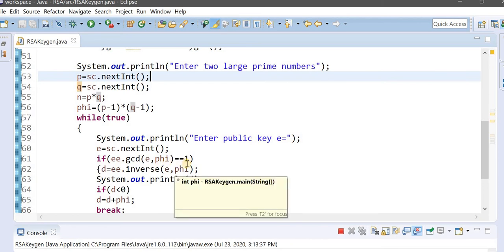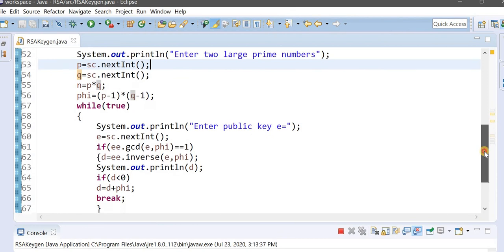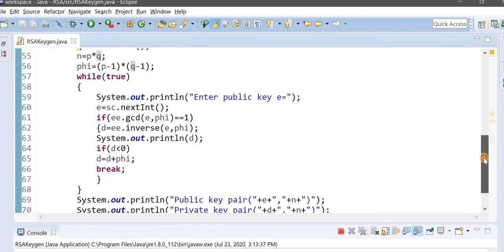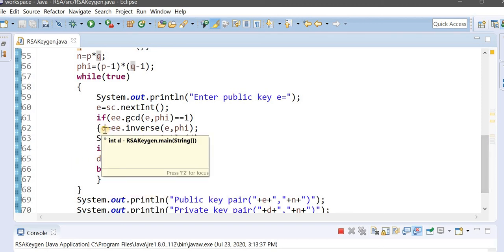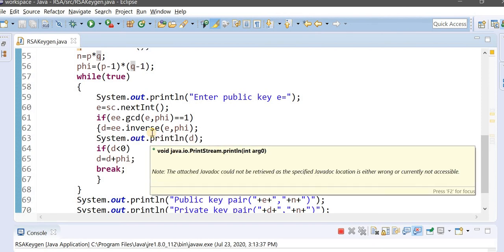Otherwise, it asks again to enter the public key E. If the entered public key is relatively prime to Phi, then you have to calculate the inverse of E. So you have to call the function of the extended Euclidean algorithm, that is inverse of E mod Phi.